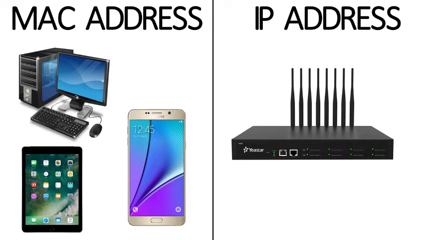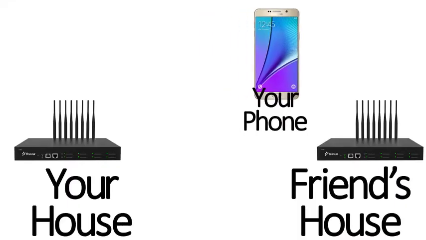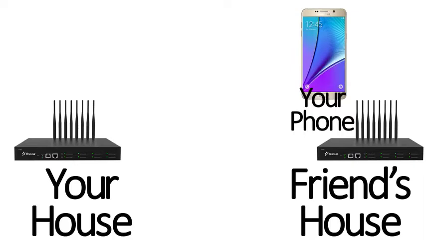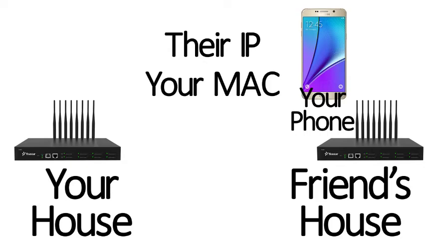An IP address can change depending on which modem you have, which coaxial outlet it's plugged into, and depending on how your service provider likes to do things. But in summary, an IP address is basically the internet address for your place of residence. If you took your phone over to your friend's house and connected to their Wi-Fi, you would now be using their IP address, but your phone would still have the same MAC address that it did at your house.